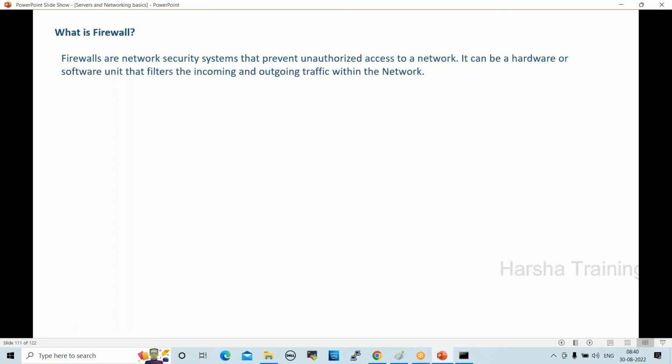Firewalls are network security systems that prevent unauthorized access to a network. It can be a hardware or software unit that filters the incoming and outgoing traffic within the network. When we configure a firewall, we can allow or deny traffic by creating firewall rules.